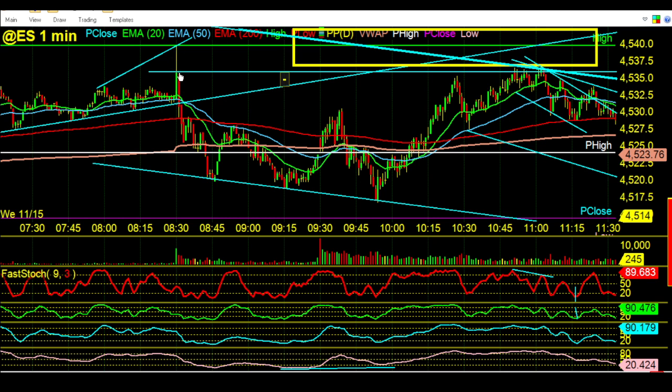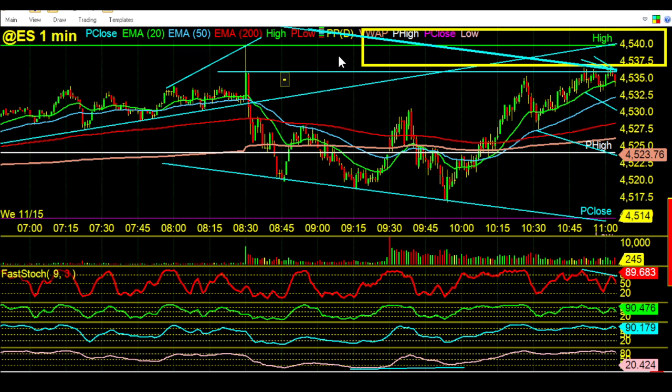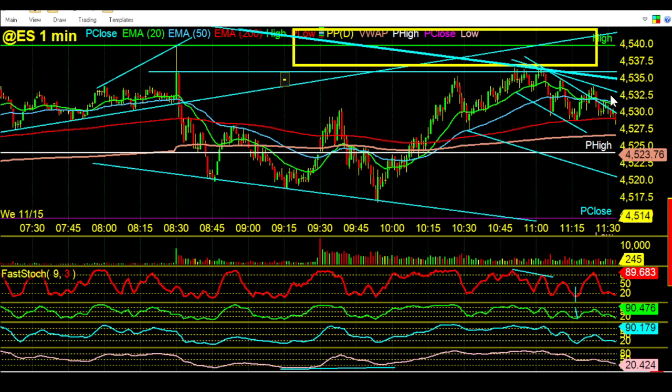I always pay attention to the closing prices. The closing prices were right there. So we wanted to have them both. That was the high. This was the closing price. And look what happened. We got up there to almost a tick. We took that out, and we kind of cleared those. If anybody had any stops up there, it kind of cleared them out. And then the market started pulling back from that level.